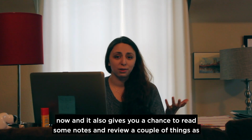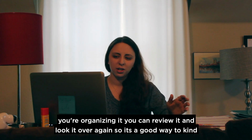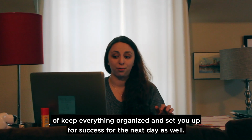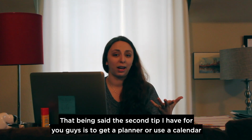It also gives you a chance to review some notes and a couple of things, because as you're organizing it, you get to look at them over again. So it's a good way to keep everything organized and set you up for success for the next day as well. That being said, the second tip I have for you guys is to get a planner or